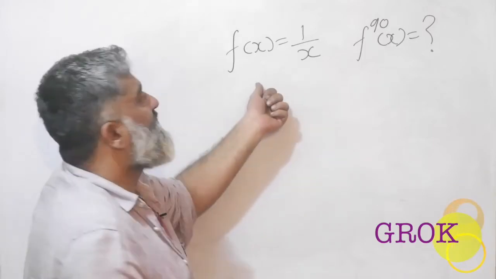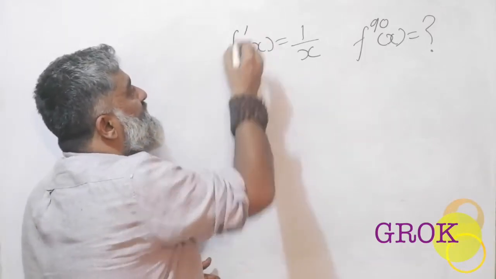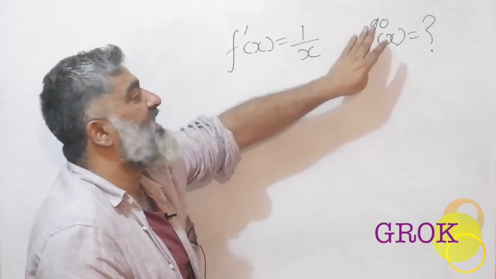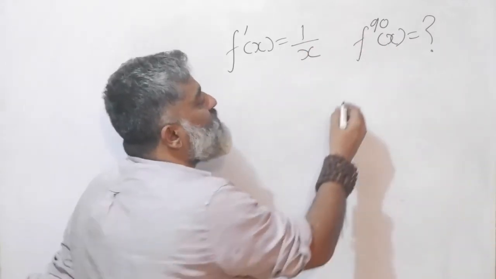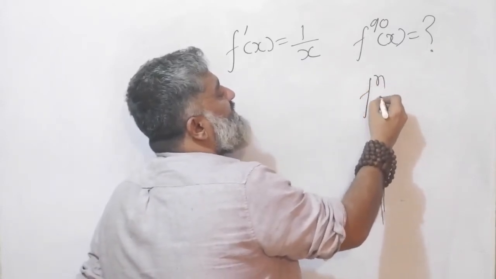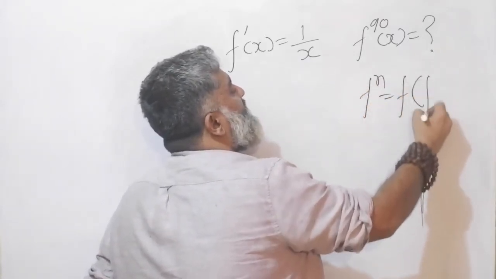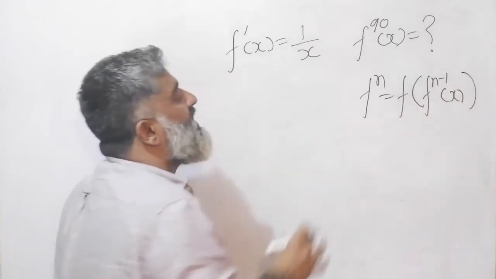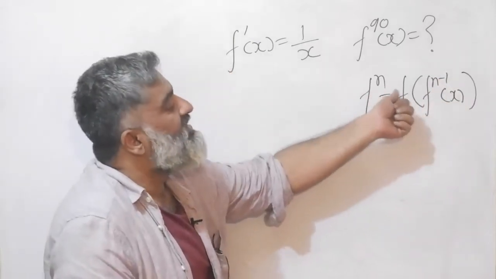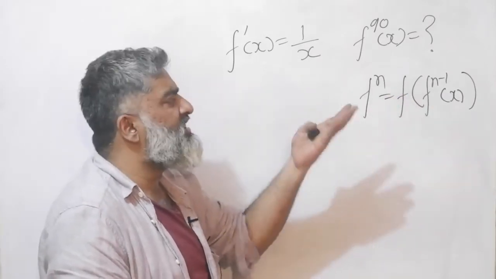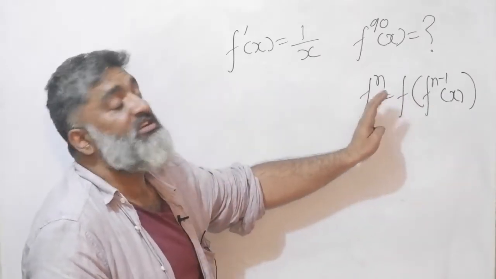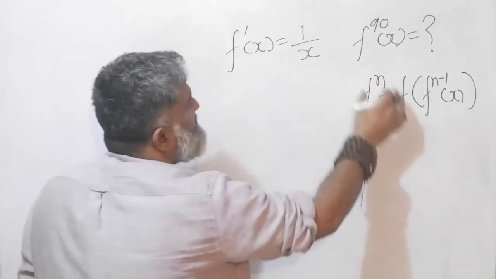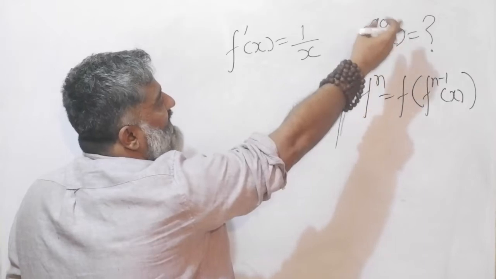So let's look at this function. The definition given to me is f1(x) is equal to 1 by x. I'm supposed to find f90(x), obviously assuming that f^n(x) is equal to f(f^(n-1)(x)). I'm assuming by now we can handle the n and n minus 1, and we understand that this is nothing but f3 is equal to f of f2, right? That's the basic game. And keeping the story in mind, what is the value of f90(x)?